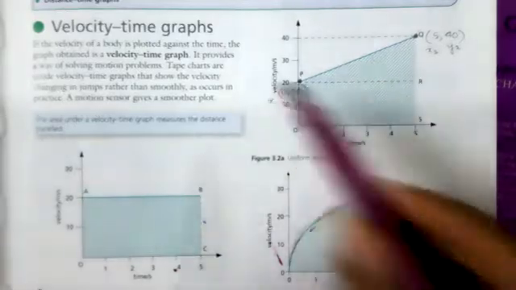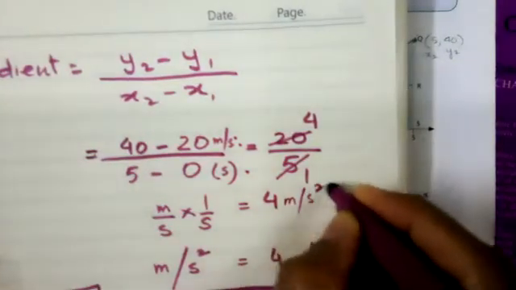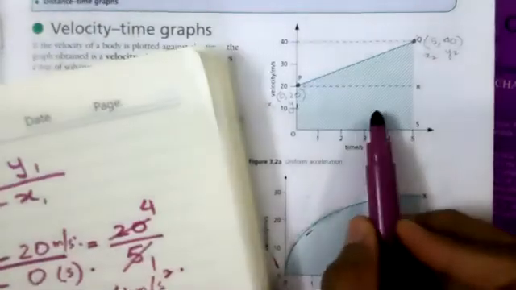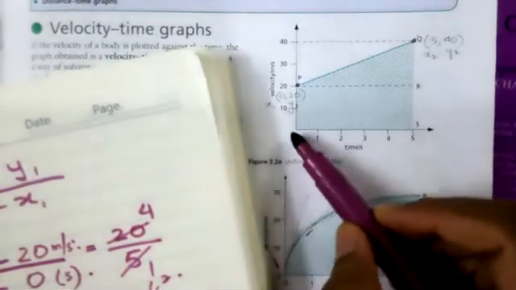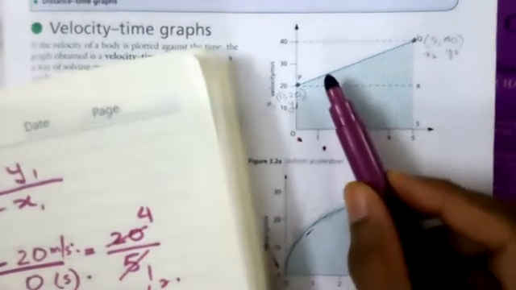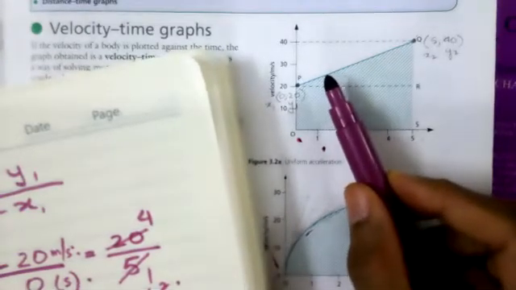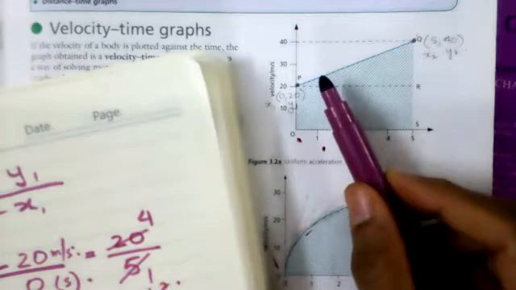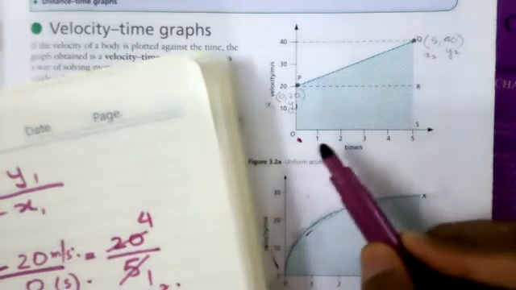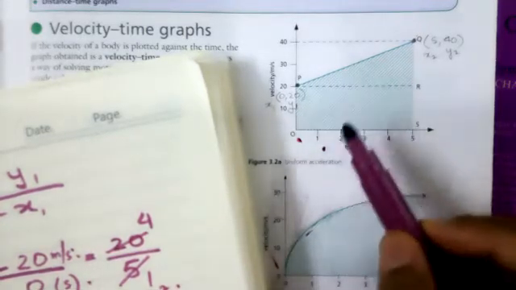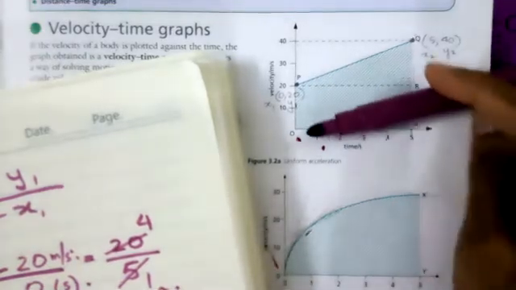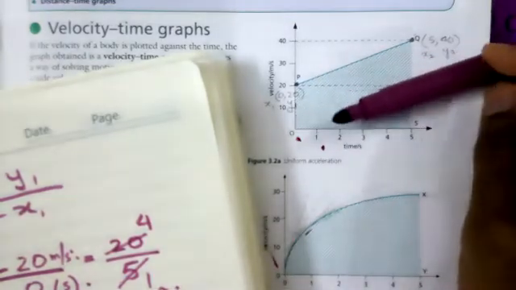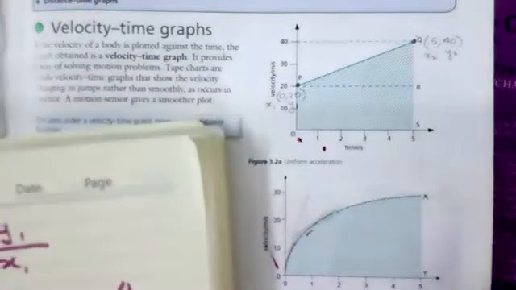I calculated the gradient and it came out to be 4 meters per second squared for this graph. So that means the acceleration is 4 meters per second squared. For each second, the velocity is increasing by 4 meters per second. That's what it means: uniform acceleration, meaning that the velocity is increasing at a steady rate. Okay. Now we have this